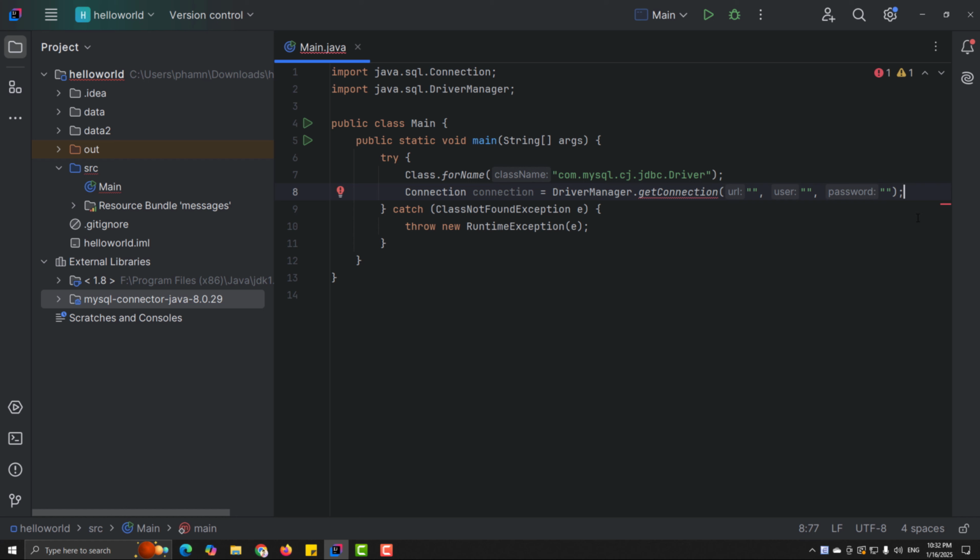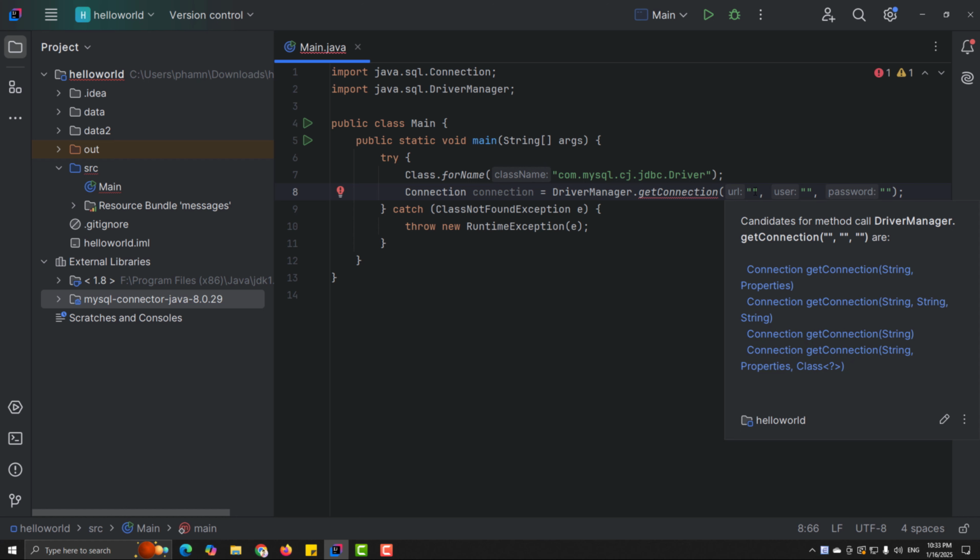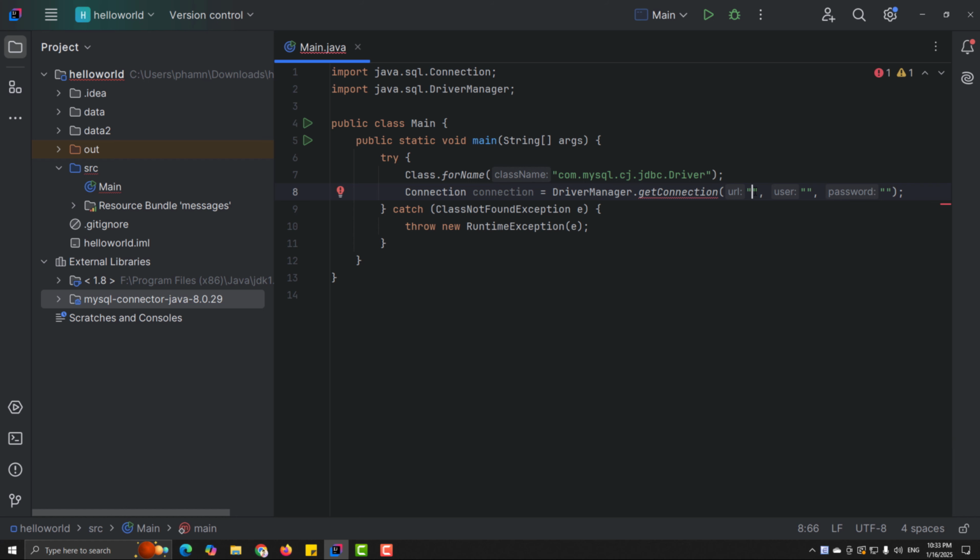So before we go deeper, in the next video I will explain a little bit about the URL. So the URL has the syntax like this. First the jdbc,